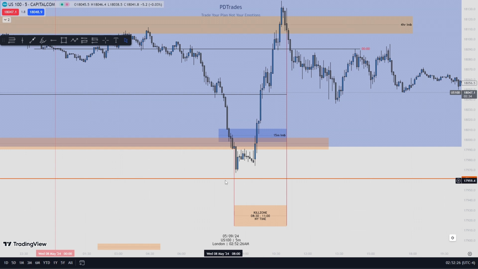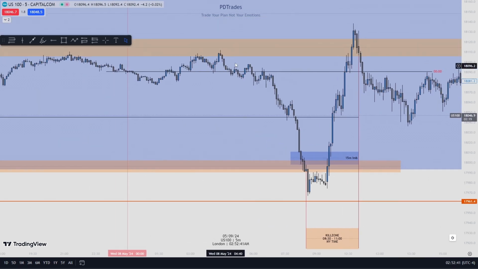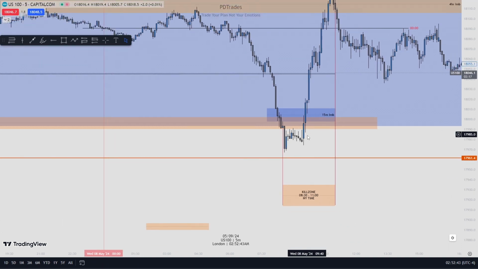With all this information, this is my kill zone. This is the only time I'm trading, and look how volatile it is. Meaning I'm not gonna waste my time during this time. I know, because time and price, guys. Time and price. You must find the right time to trade.